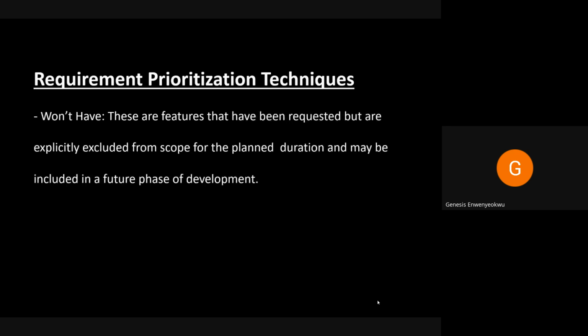So the last one is the won't have requirements. The won't have requirements are considered as requirements that are not critical, right? But they've been requested, and we realize that we might end up spending a lot of effort building them, and they have no immediate value. In the sense that we'll spend a lot of effort to build them, but there's no immediate value for them,